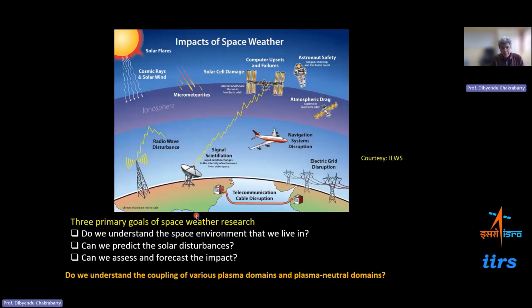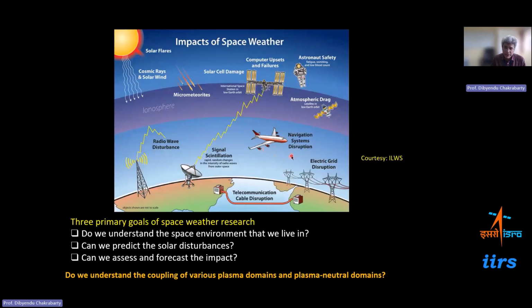Therefore, there are three primary goals of space weather research, and as you know, the impacts of space weather are manifold. It can affect navigation, cause radio scintillation, and damage solar cells. If you have astronauts floating around repairing spacecraft, having a spacewalk, they can get affected because of high energy radiation coming from the sun during solar flares. You have satellites which are undergoing drag, and then it can decay their orbit, resulting in the loss of satellites sometimes, the way it happened for the Starlink satellites.